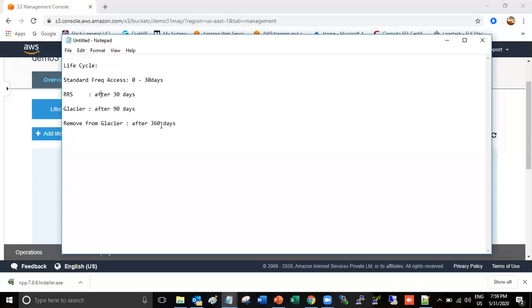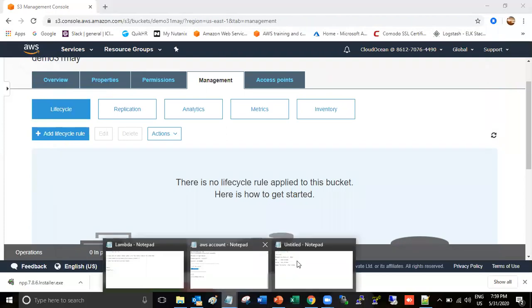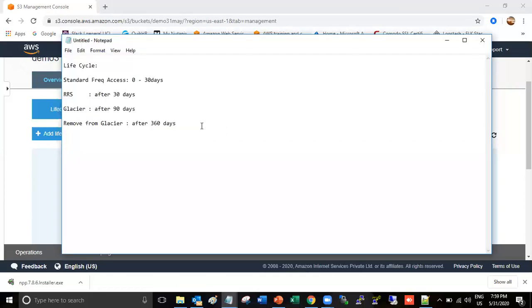After 360 days, if you don't want to keep your data in Glacier, you can also set a rule to remove it. In life cycle, these are the rules you can set. This life cycle action will be performed at 00 UTC hours.